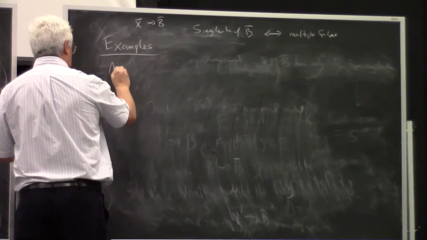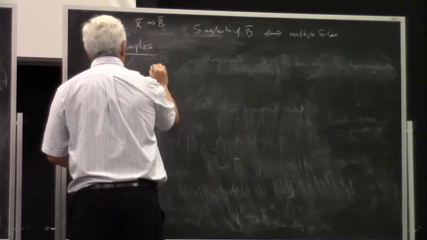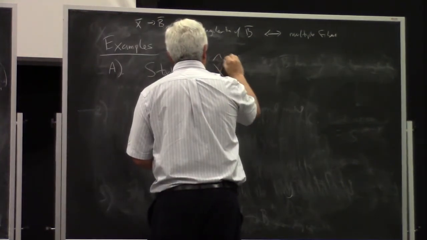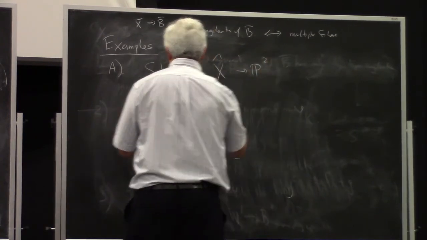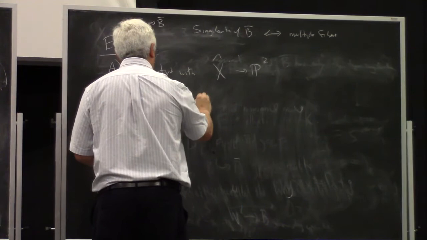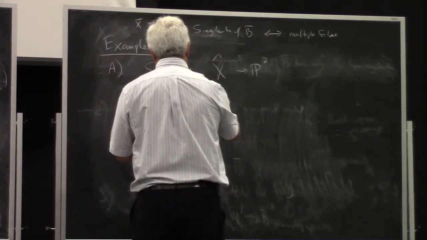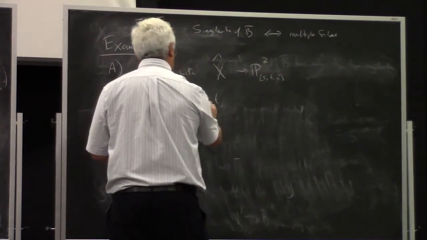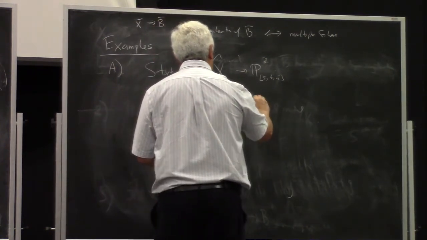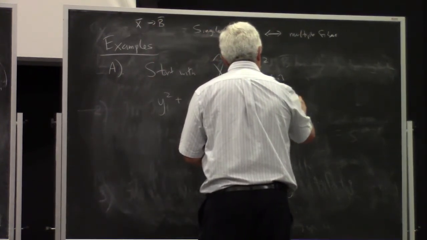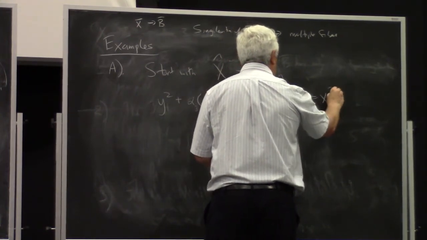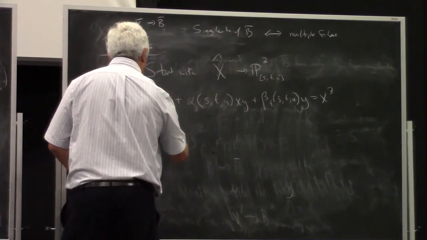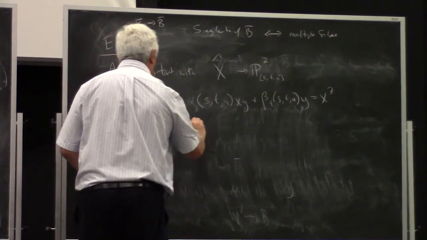Here's a global example which is inspired by the local constructions of that paper. So I start with an elliptic fibration over P2, and I'm going to put it in the following form. I'll write y squared plus a cubic in STU times xy plus a degree 9 in STU times y equals x cubed, where STU are going to be my homogeneous coordinates on P2. And as many people know, this is a trick for guaranteeing that there is a section of order 3 in the Morrison group,